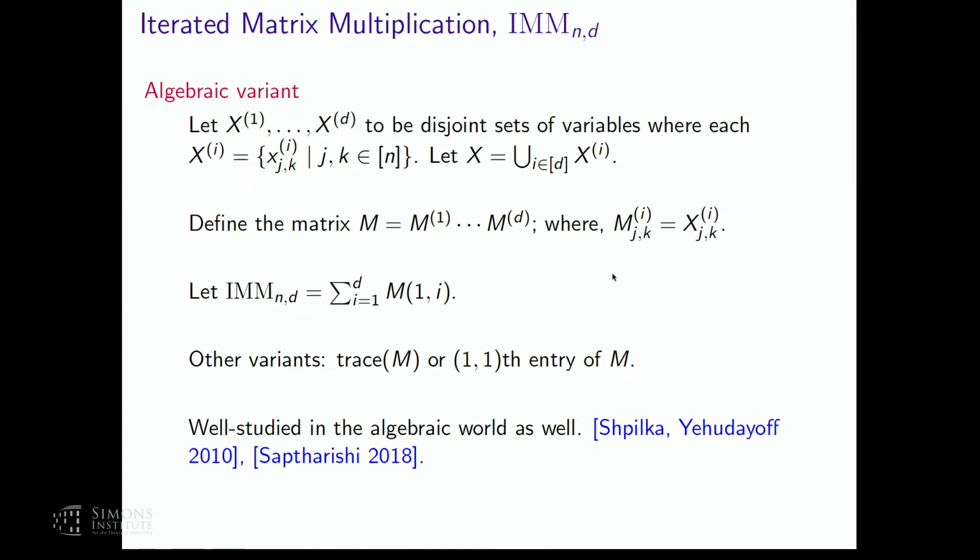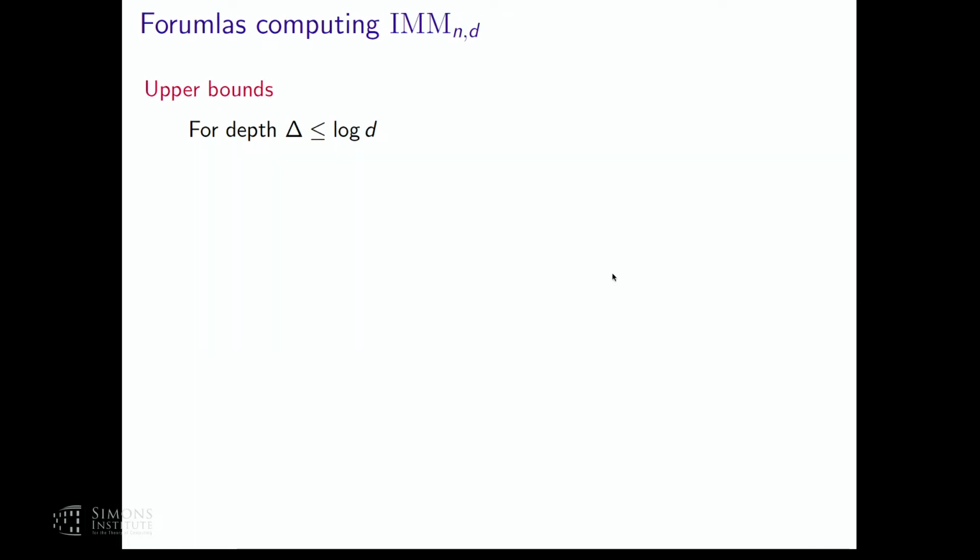Alright, so we talked about matrix multiplication. So I'm going to try to prove a lower bound about matrix multiplication. But before proving lower bounds, let's try to see what kind of upper bounds we can prove for this problem. As I told you, by using something like Savage, you can prove a simple upper bound for iterated matrix multiplication. You build a divide and conquer like strategy. You get a log depth circuit that computes iterated matrix multiplication in polynomial size.